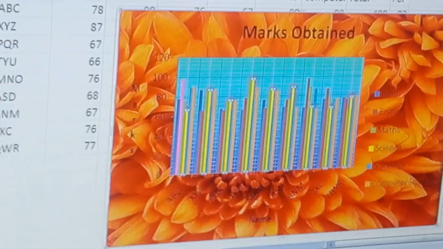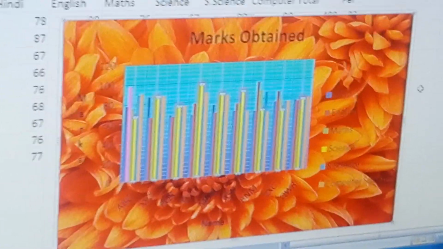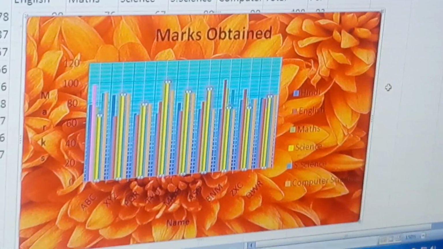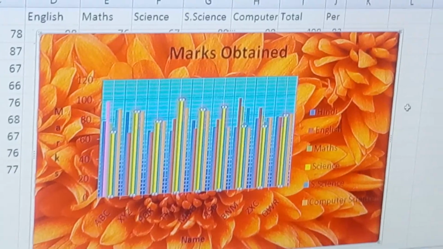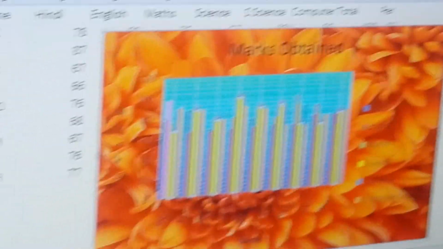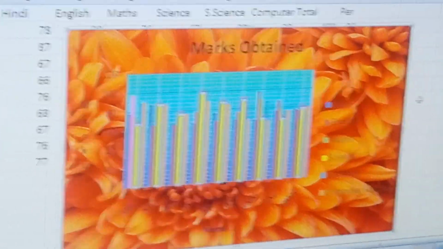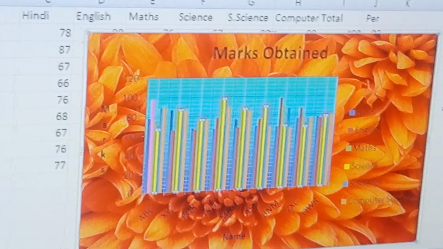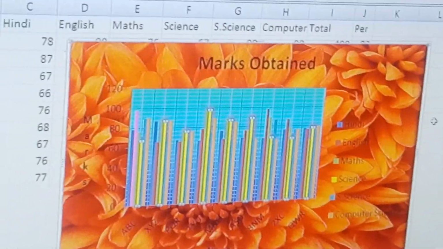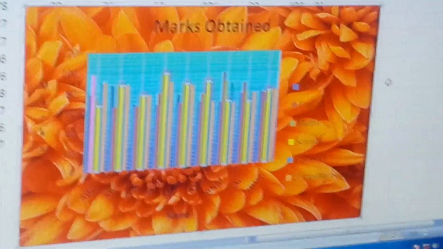So this time we came to know what is data series, how can we create the chart, how can we modify the chart, how can we format the chart. Next time we will meet to know more options to make your chart attractive and perform any manipulation on the data. Okay, thank you.